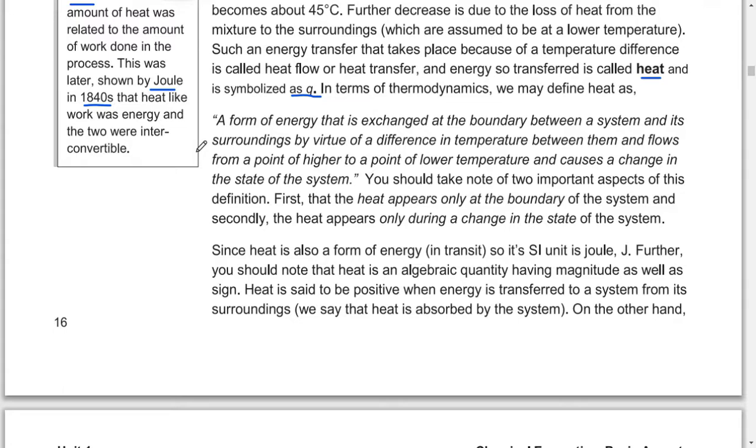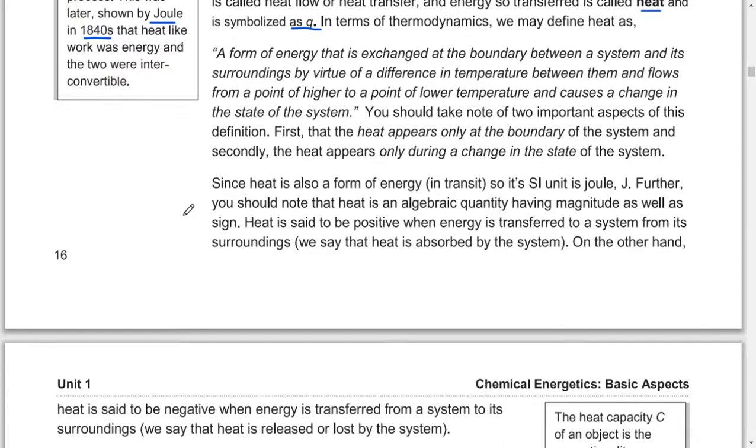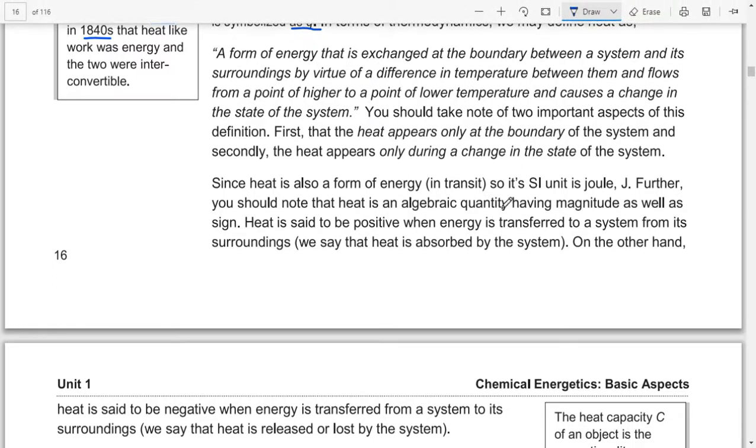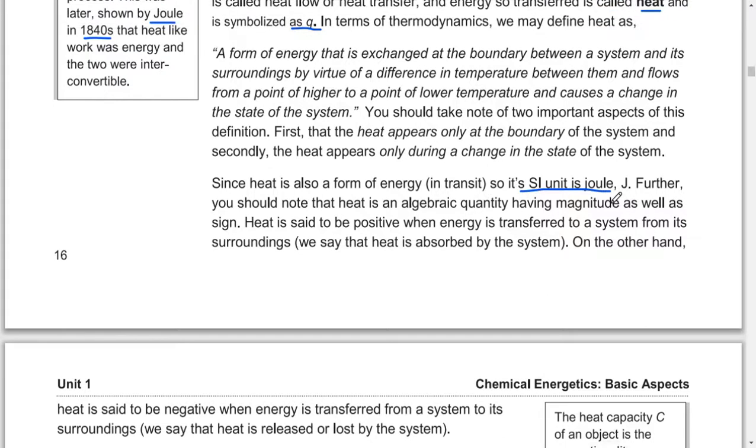We should take note of two important aspects of this definition. First, the heat appears only at the boundary of the system, and secondly, the heat appears only during a change in the state of the system. Since heat is also a form of energy in transit, its SI unit is joule, J. Further, you should note that heat is an algebraic quantity having magnitude as well as sign. It is said to be positive